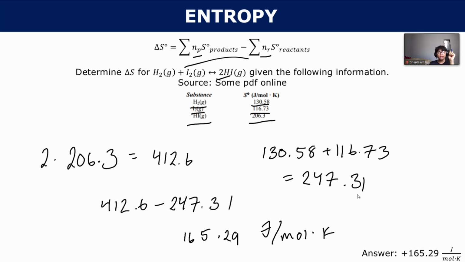Now, when calculating these, especially entropy and in our next unit, enthalpy, you need to be careful between positive and negative. The reason you put a positive here is because the entropy of the system increases. A lot of times the entropy of the system will decrease, and you need to be able to make that distinction based on your calculation. So again, this reaction has an increase in entropy, and it's going to be an increase of 165.29 joules per mole times Kelvin. And that is our answer.